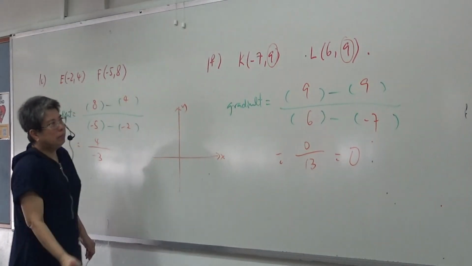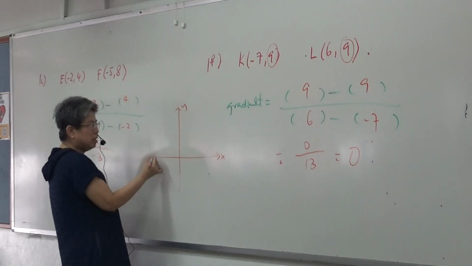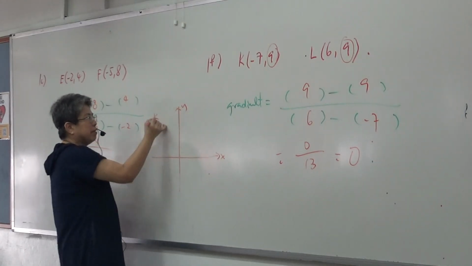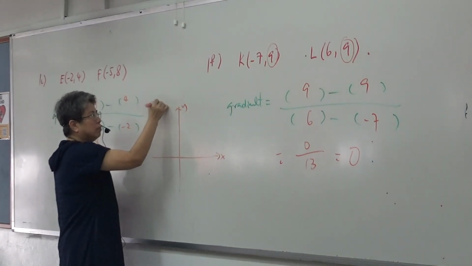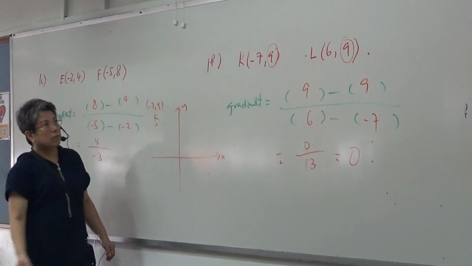All of you look up. K, negative 7, 9. So somewhere here, right? Correct. L,